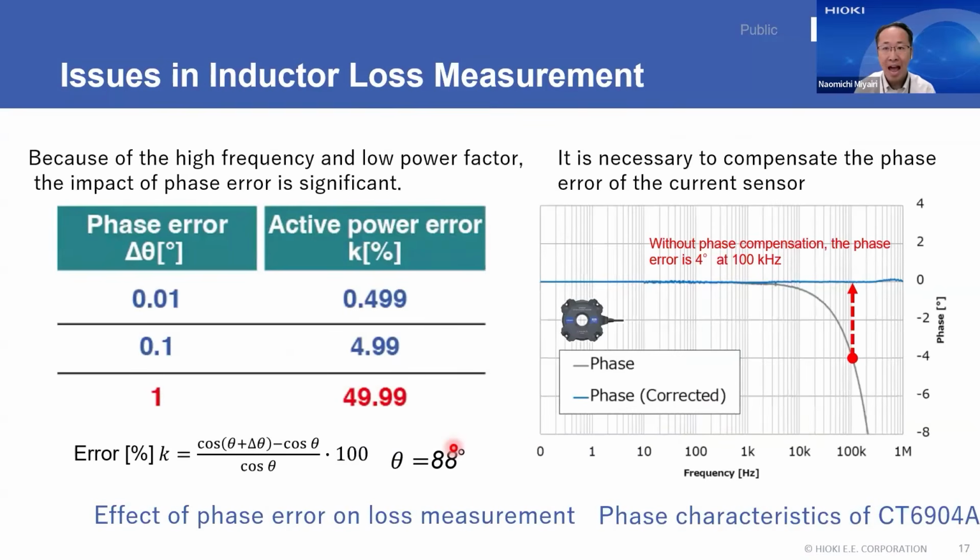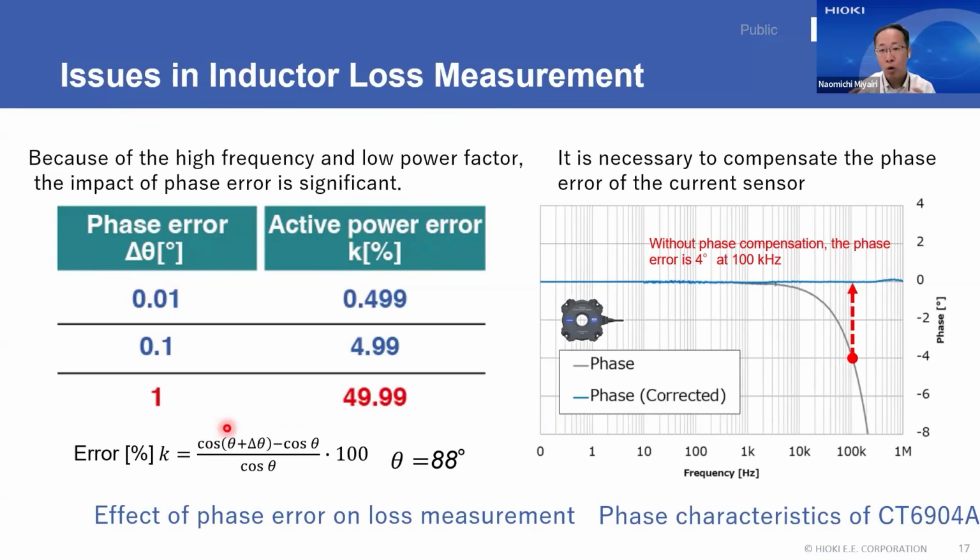So let's look at how phase errors affect active power measurement. This table quantifies the impact of phase error on measured loss values. Because inductor losses involve high frequencies and low power factors, phase error can greatly affect the measurement results. For example, a phase error of just 1 degree here can result in error of about 50% in the calculated